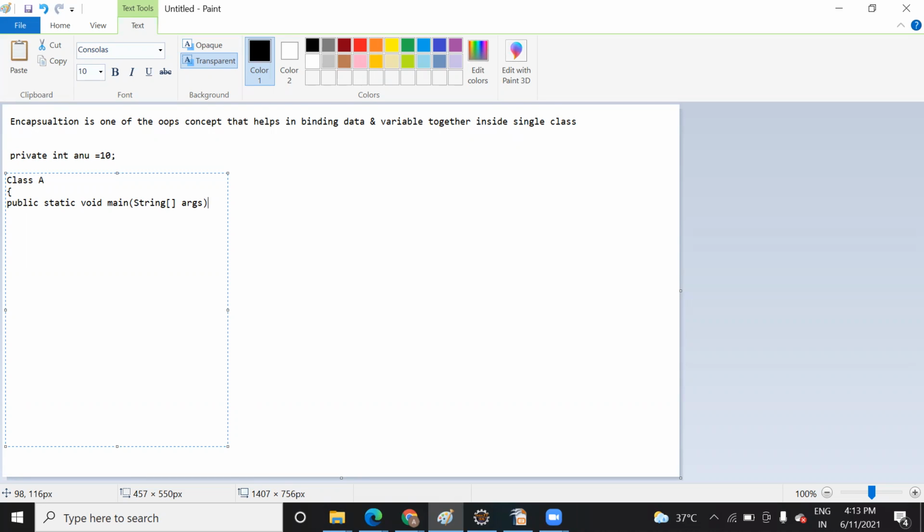But if you want to hide the detail, you can do one thing: declare an interface and declare the method, so whoever knows about that interface will provide a body to that method. Suppose as a Microsoft employee, I know that Windows 8 is an interface, this is the name of the interface, so I can provide a body to it. But a Samsung employee can't provide a body to it because he's not aware of the complete logic. That interface is not accessible to him.